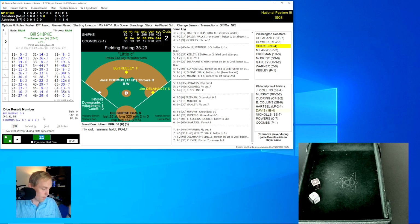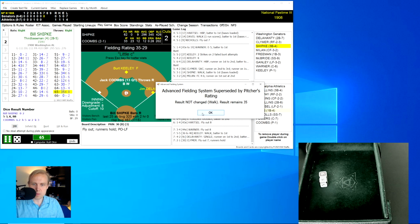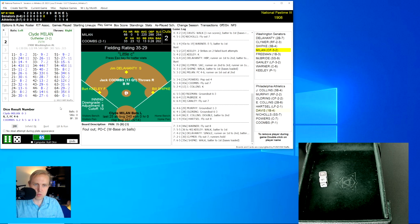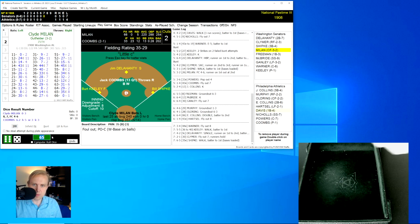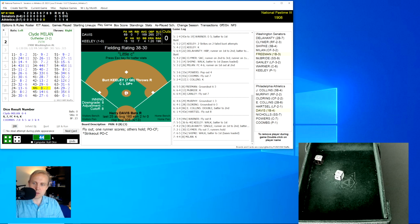Shipka 0 for 2 today. Make that 0 for 3 probably. He rolls a 65 for a 35. Oh, no, I forgot about this. Because of the W, that's going to be a walk by Coombs. So Coombs ends up walking Shipka, and that will load the bases for Clyde Milan. Still 1-0 Athletics. And the roll's a 44 for an 8, and that's going to be a strikeout for Coombs,